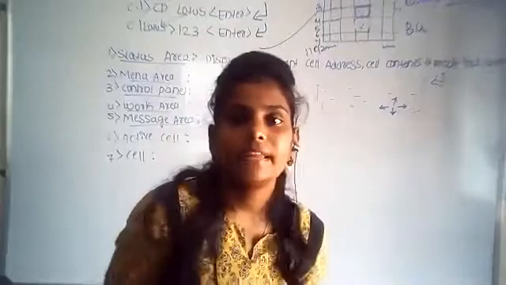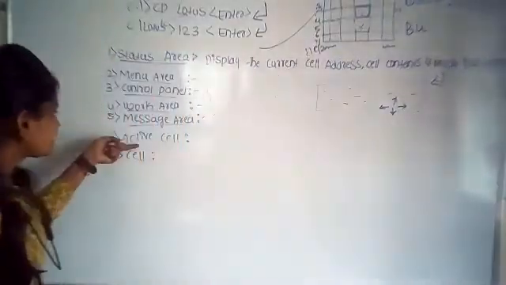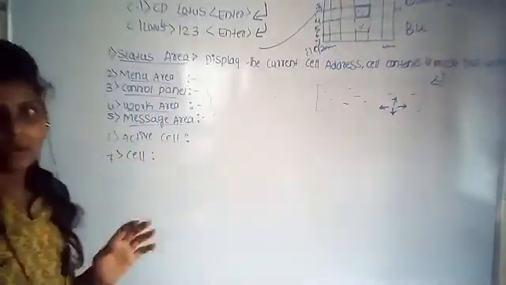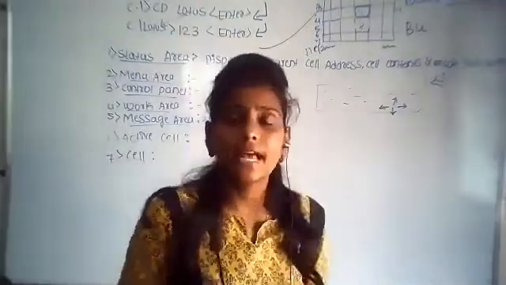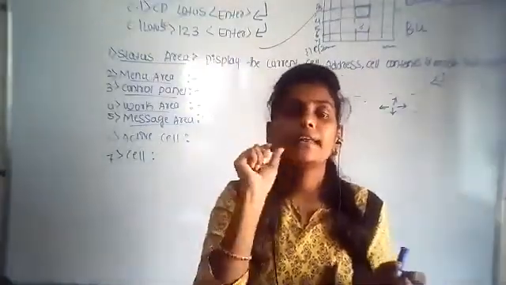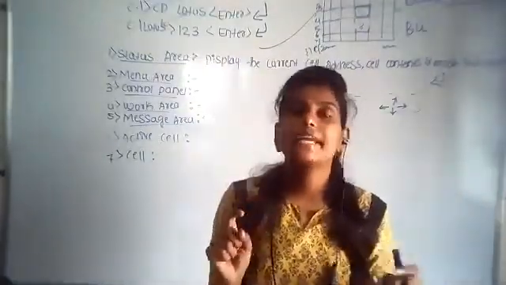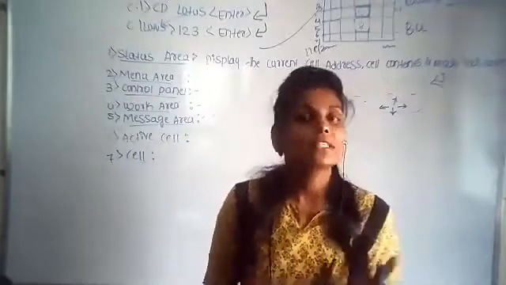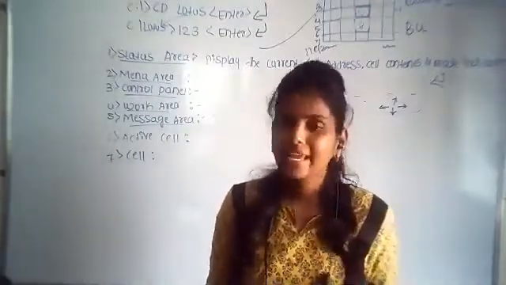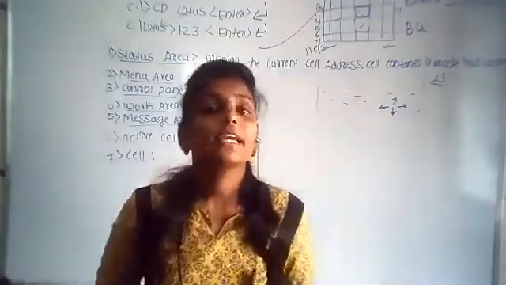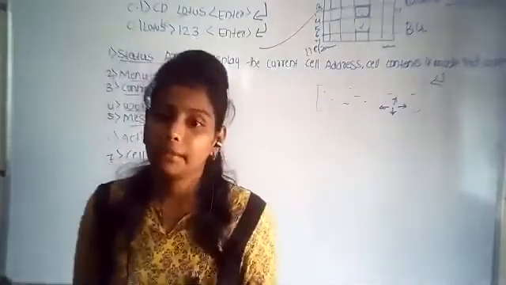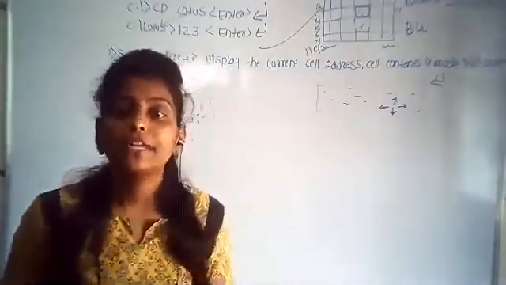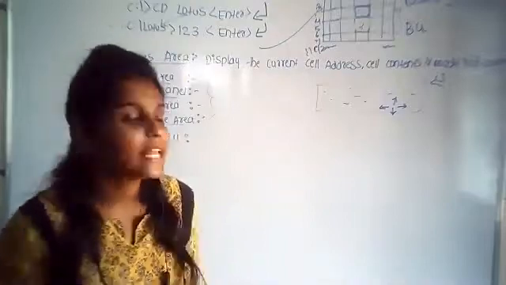Okay guys, the next options are active cell and cell. Already you know what a cell is. A cell is nothing but a particular rectangular area in a spreadsheet, that is called a cell. Cells have their own name, meaning a unique name. How can you identify the name of the cell?